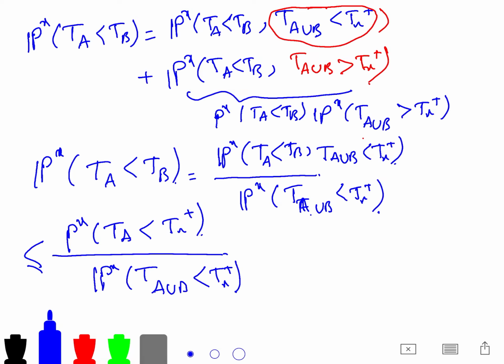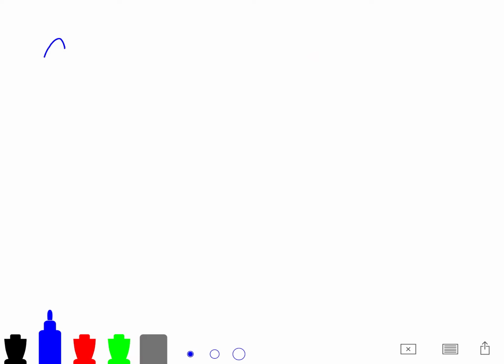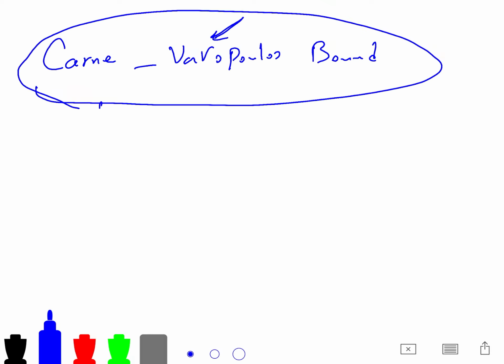And now I want to start talking about the Carne-Varopoulos bound, named after an Indian mathematician and a Greek mathematician, Varopoulos. The reason that this bound is very important, as mentioned by Yuval Peres and many other mathematicians, is that